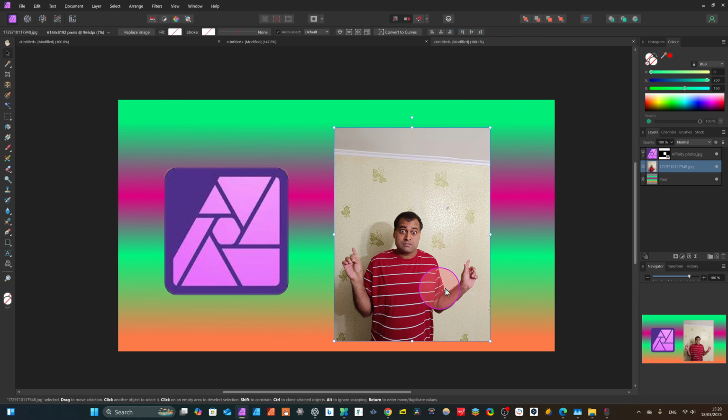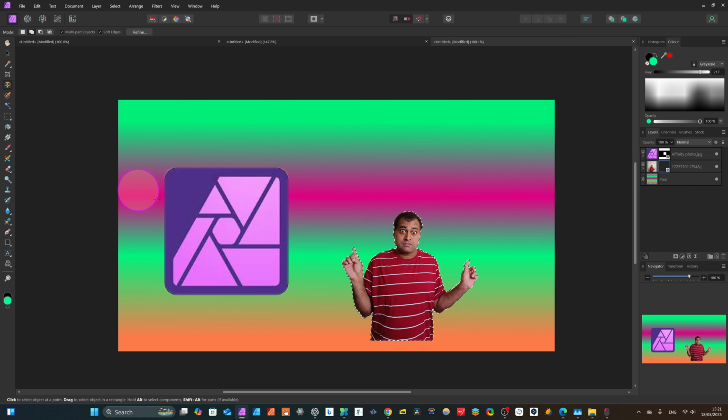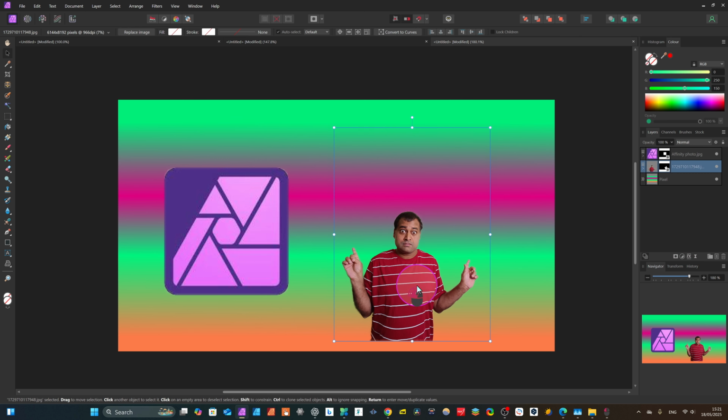So you can see we have the photo here. I want to remove this background, and very easily we will come here to the object selection tool, this AI module, and we just click on the photo anywhere. Just click here, it will automatically select. You see, it is selected so fast, we don't need to do anything, and we come here to mask layer, and we have masked, and Control plus D to deselect it, and now we can put it anywhere.